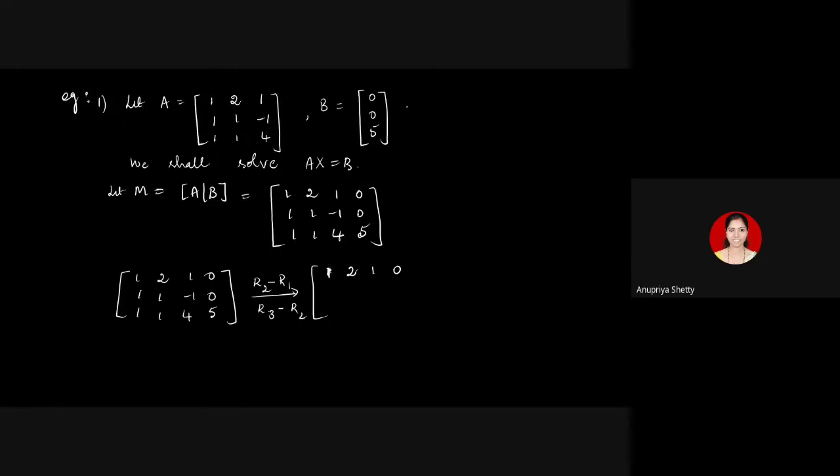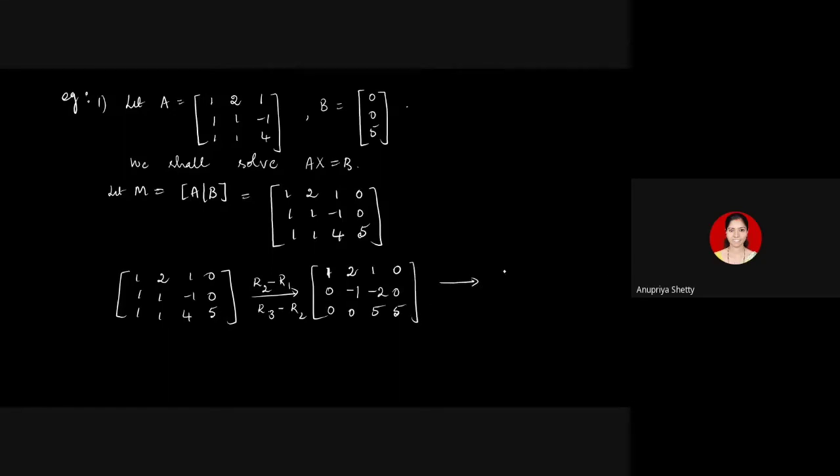Remember, there is a pivot in the first row, in the first position, and all the entries below the pivot must be zeros, right? The row echelon form definition says all the entries below the pivot are zeros. So I have to reduce the first column entries below the pivot to 0. So this will be 0. You would get minus 1, and then minus 2, 0. Here 0, 0, 5, and 5.